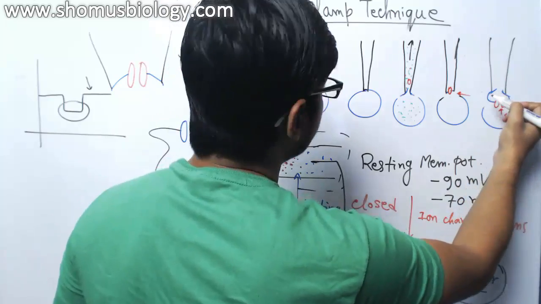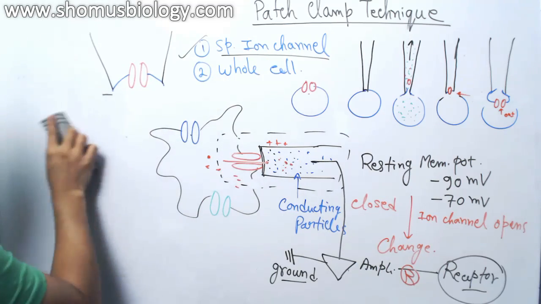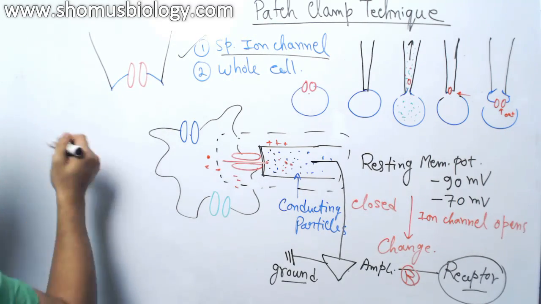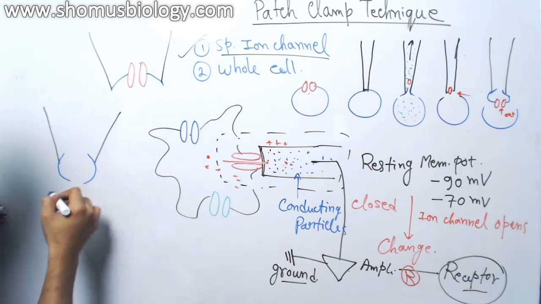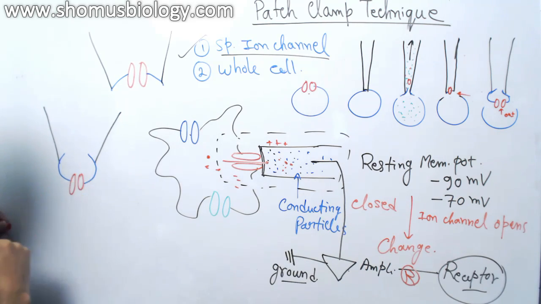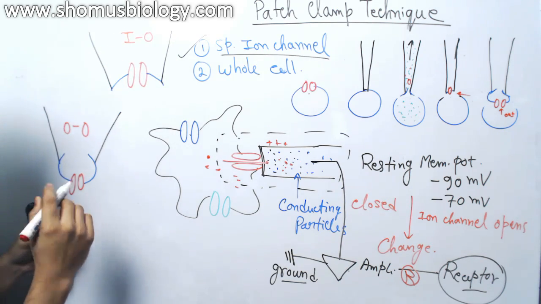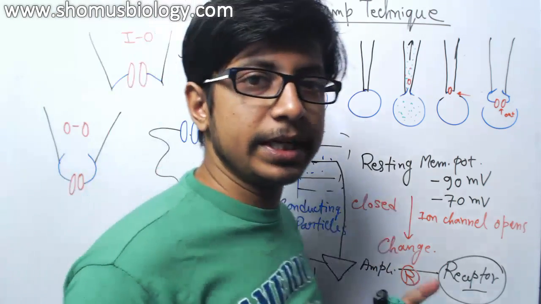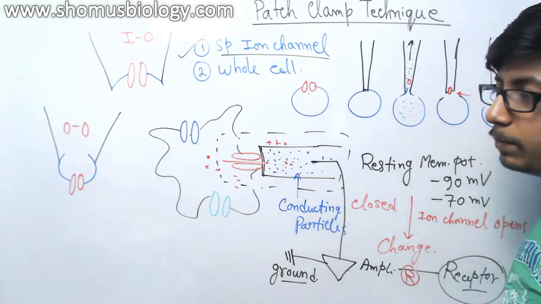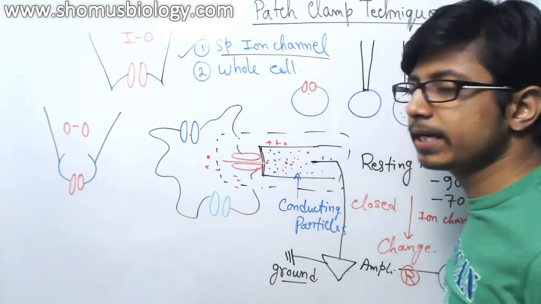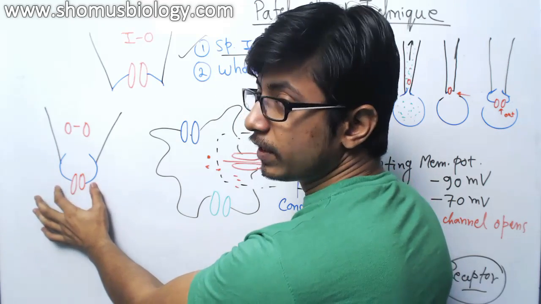Now why do we need this kind of situation? So the difference between inside out and outside out, if you are confused about this, was the inside out, but the structure of outside out will look something like this. And this is the ion channel. This is outside out, this is inside out. Both of them are required to study single ion channel function. But inside out is required to find out how most of the ion channels behave, while the outside out type of patch clamp technique is required to study the movement and modification of a specific ion channel in response